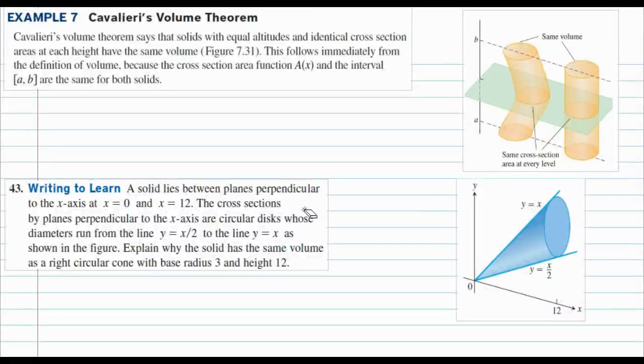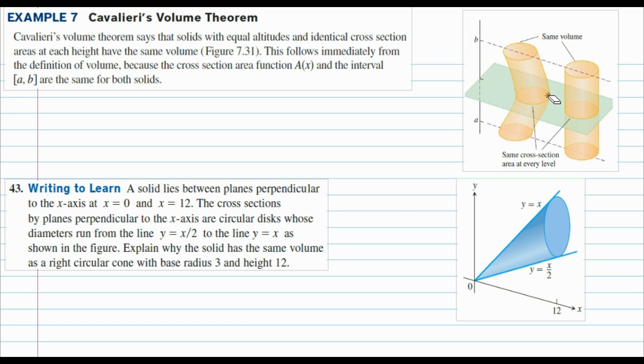This is the screencast for section 7.3, example 7, Cavalieri's volume theorem. That's right, Cavalieri. He's an Italian mathematician. The L is pronounced like a Y. Cavalieri's volume theorem says that solids with equal altitudes, so heights, and identical cross-section areas at each height have the same volume. So if you can see here, he has a